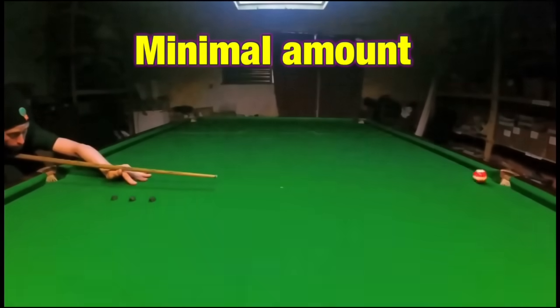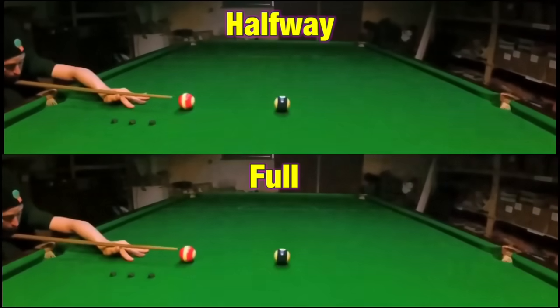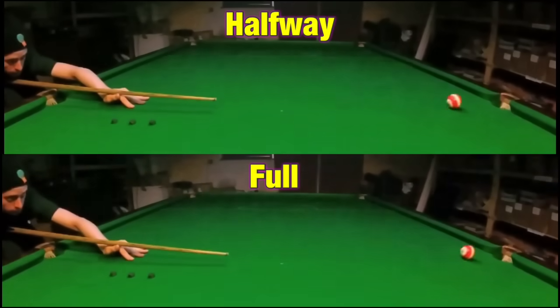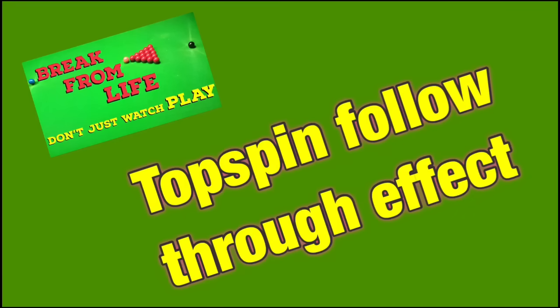Have a look at the difference between the shot on the top where I only pull the cue back halfway and the shot on the bottom here where I pull the cue back all the way. Notice how much more this makes the shot on the bottom spin in comparison with the shot on the top, and how this differs from a screw shot when you compare it to the amount you follow through on a